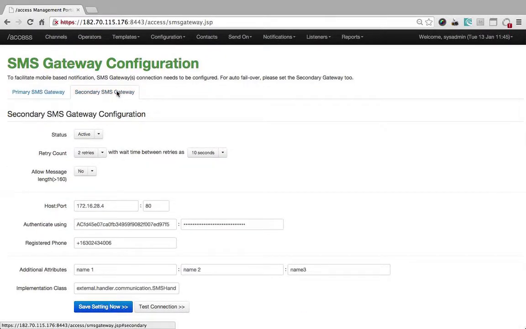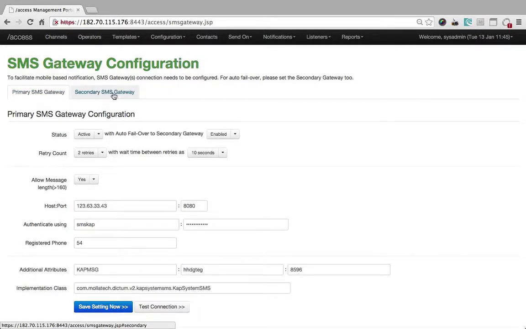So we can have primary and secondary. The main reason for having two gateways is to make sure that we have 99.99% availability of the services, and within that we actually have what we call retries as well as a failover option, where it can support retries for sending the messages out.